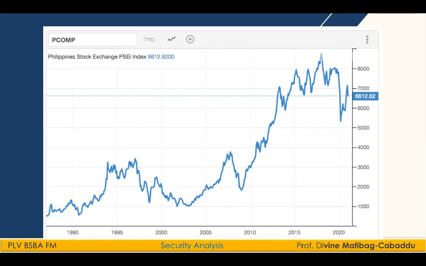If you're going to ask me, there is really no reason to panic, especially if you are a long-term investor, when your mindset is to compound the growth of your money over time. So imagine your parents or grandparents investing in 2010, 10 years after, even with a decline today, they are still earning. And especially if your parents or grandparents invested 20 years prior. So imagine if they were able to buy here and then the stock market's performance is here, they haven't lost money at all. In fact, they have gained money over time.